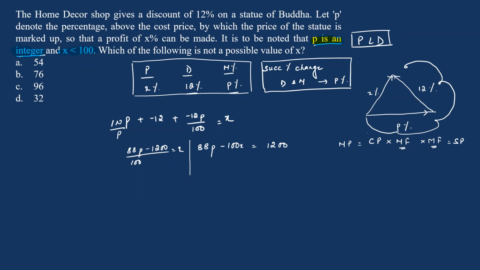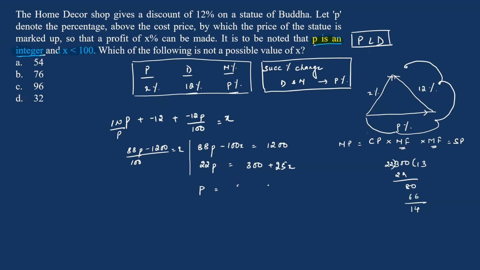Clear? A lot of things are common, or if you want, you can directly go ahead with the value of P is an integer, guys. Okay. Now, if I want P as an integer, let's first divide everything by 4. If I divide everything by 4, this becomes 22p is equal to 300 plus 25x. Now, P is an integer, so let me take P as a subject. So P can be written as 300 divided by 22. We have learned this method in integer solutions. Let's simplify. 22 ones are 22. We have 80 left. And then we are looking at 22 threes are 66. We have 14 left. That means this can be written as